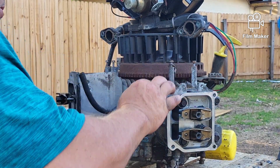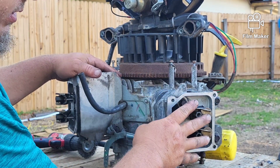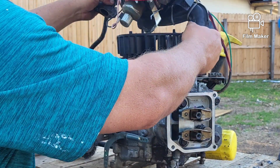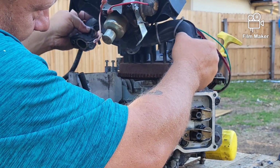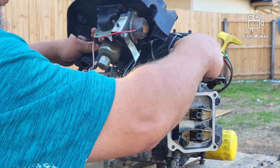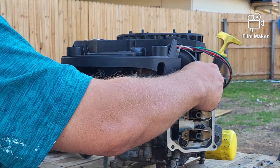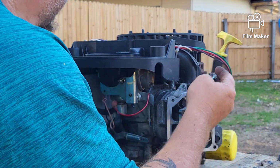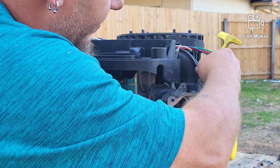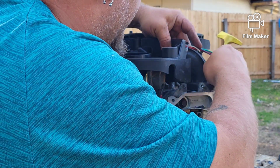I know that much. And knowing that we have full compression on this side and only half on this side, I think that's going to get to about three-quarters, maybe better. So we're going to put this thing back together, knowing completely that I'm just going to be playing with this myself. I'm going to be using this to cut a few lawns around the neighborhood. And if it blows up, so be it, because I have motors over there. Actually not laying, I don't keep them laying when they're in good shape. But I have motors over there